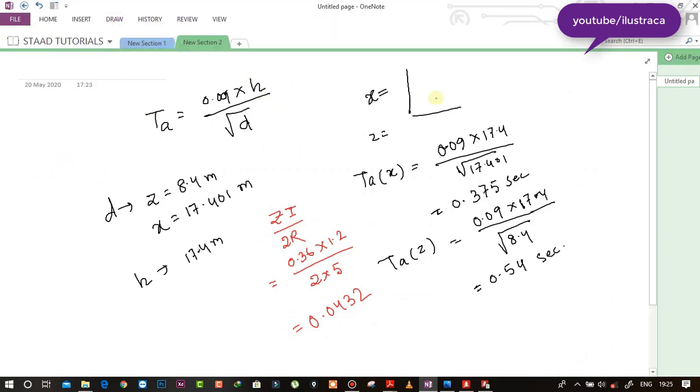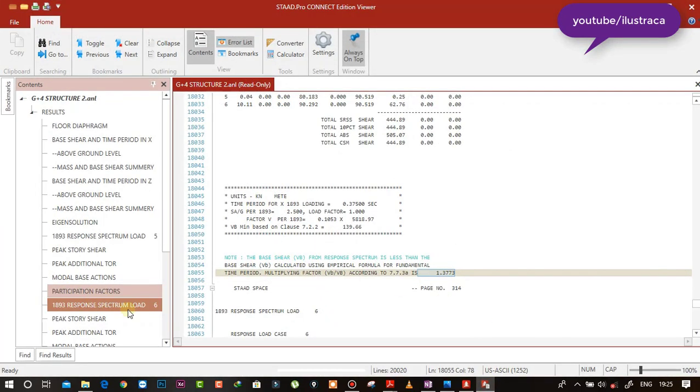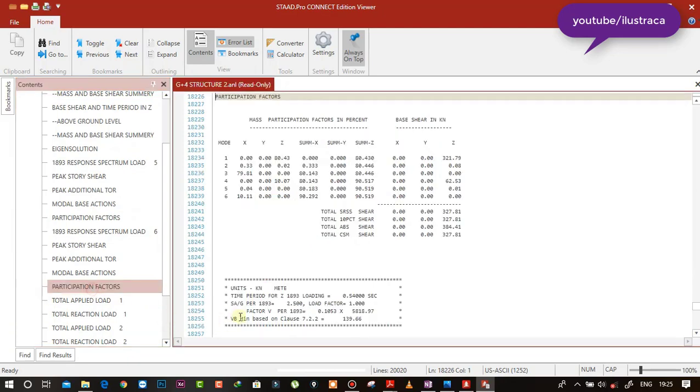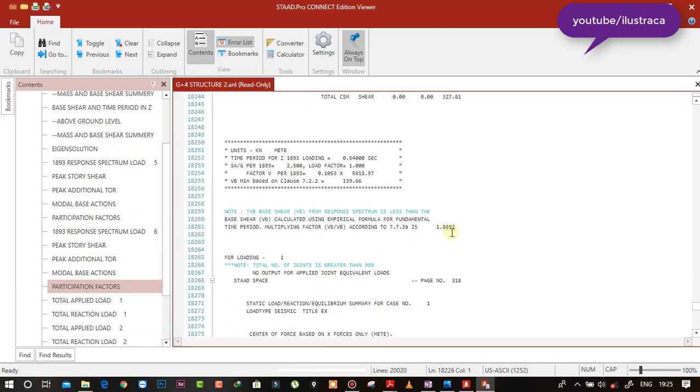So the multiplication factor for X direction is 1.3773, and for Z direction, let's check it. This is for X direction, and for Z direction it is 1.8692. You see the multiplying factor.